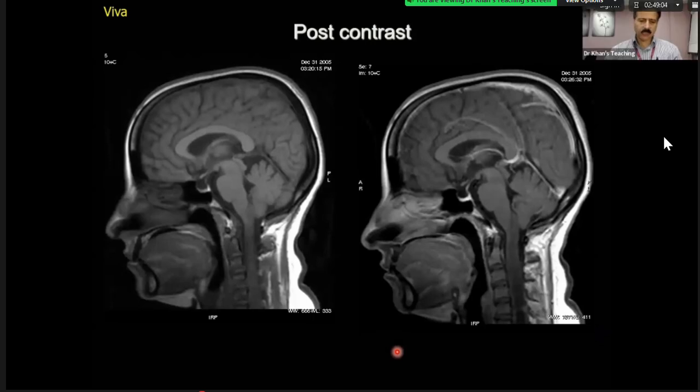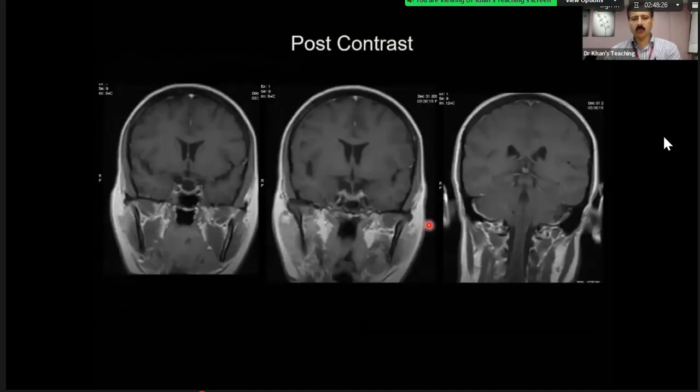Yeah, very good. Okay. So there are many things which do enhance on post-contrast sequence, and you have to understand that. Nasal mucosa, as was correctly pointed out, if you see this nasal mucosa pre and this is post, it is enhancing. Then all blood vessels, may it be arteries or the venous sinuses or cortical veins, they can enhance. Now, the fine touch is that the meninges, the dura and leptomeninges, they can enhance, but you have to be sure that they are not abnormally enhancing.